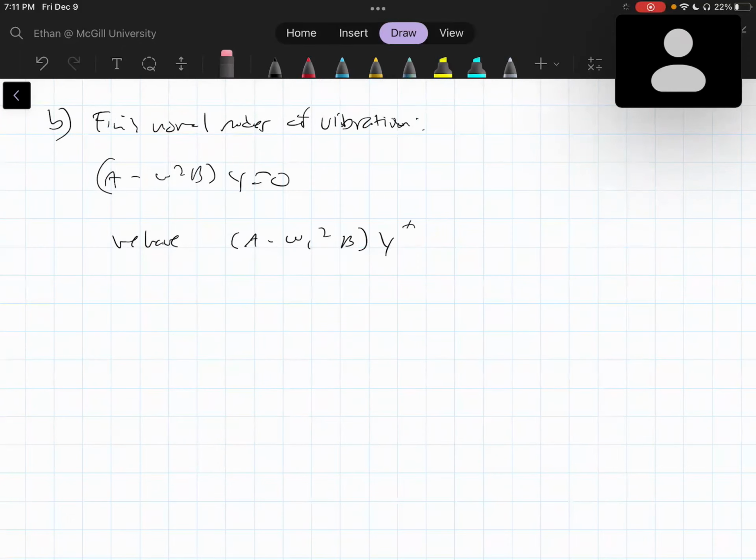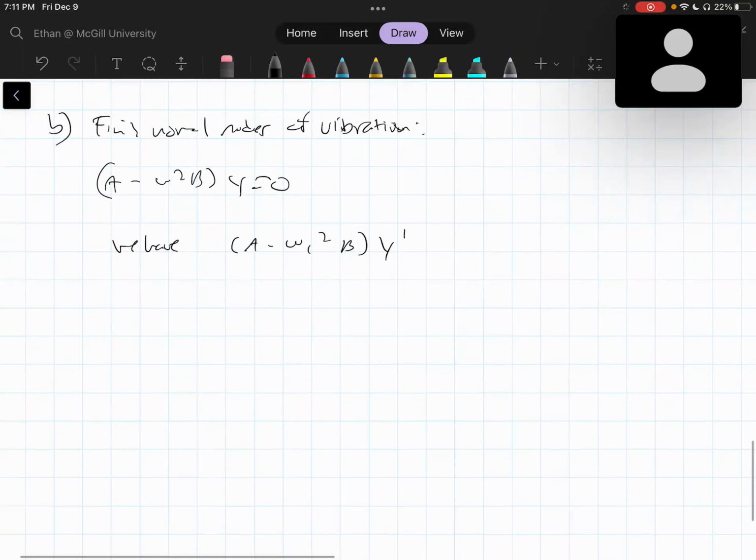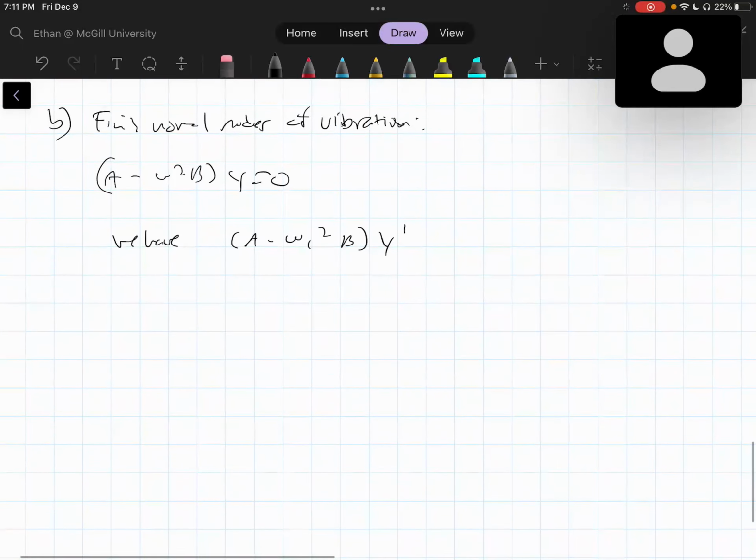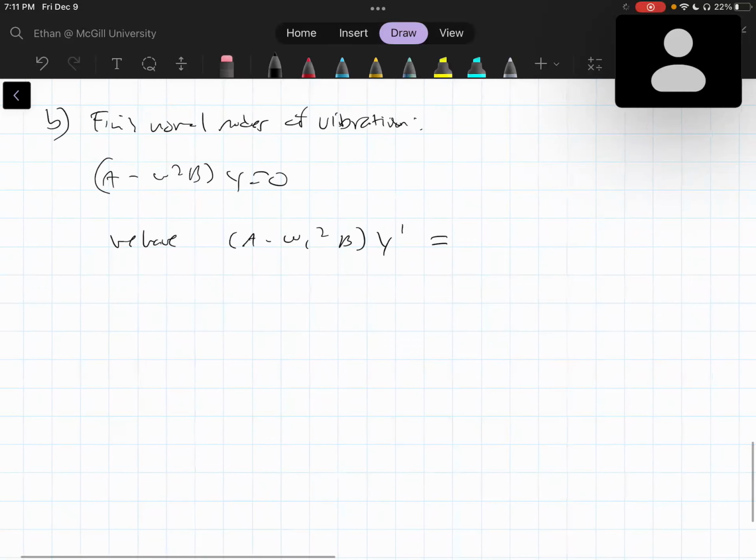I'll call it that just to differentiate between the two solutions that we get. So this one's just going to be called y to the power 1. That's going to be equal to